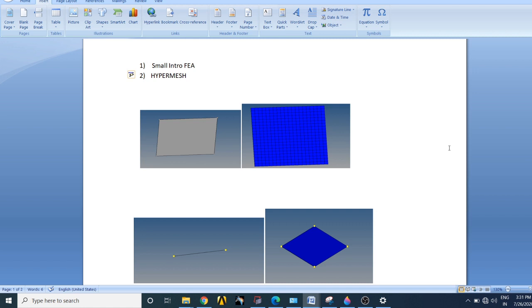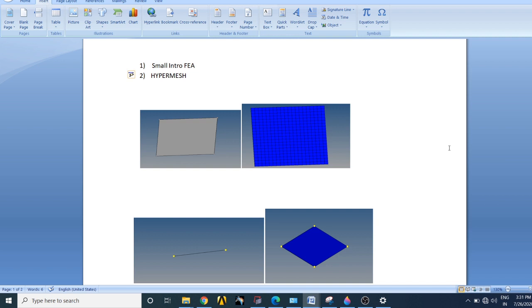Now I will talk about FEA. Basically, FEA is a problem solving technique where we can divide the physical structure into small sub modules. It means in FEA we can convert an infinite number of degrees of freedom to a finite number of degrees of freedom.